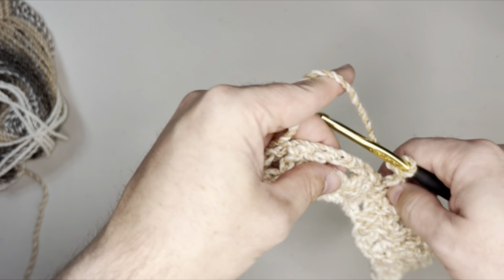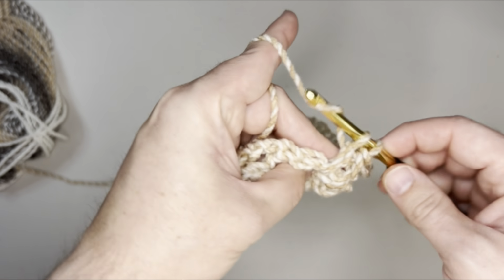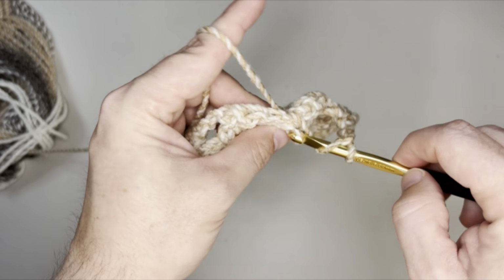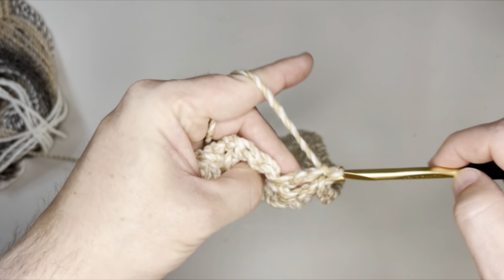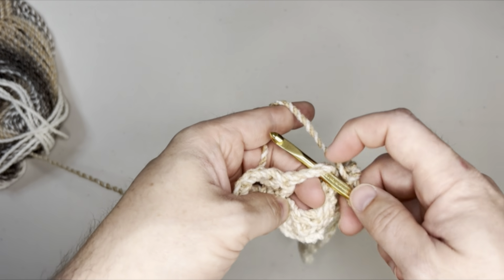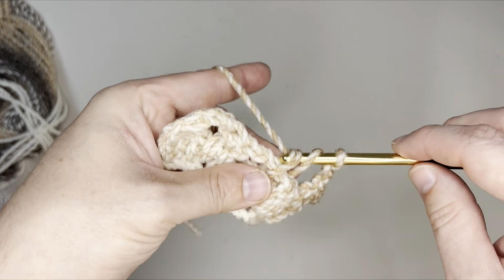Chain 2. Down into this one. Chain 2. I'm skipping over those and going into this space down here. It's really nice because you have that open space. So chain my 2 here. You always know where you got to go because you see this big wide open space. And if you were to work into this, you'd have this huge gap in your work. That's why we work into the stitch right below it. Kind of closes up that gap,